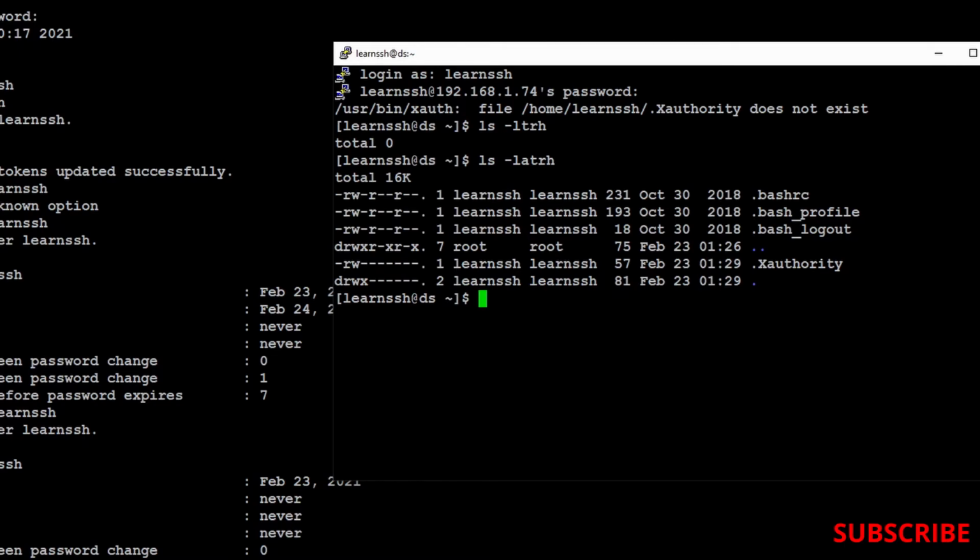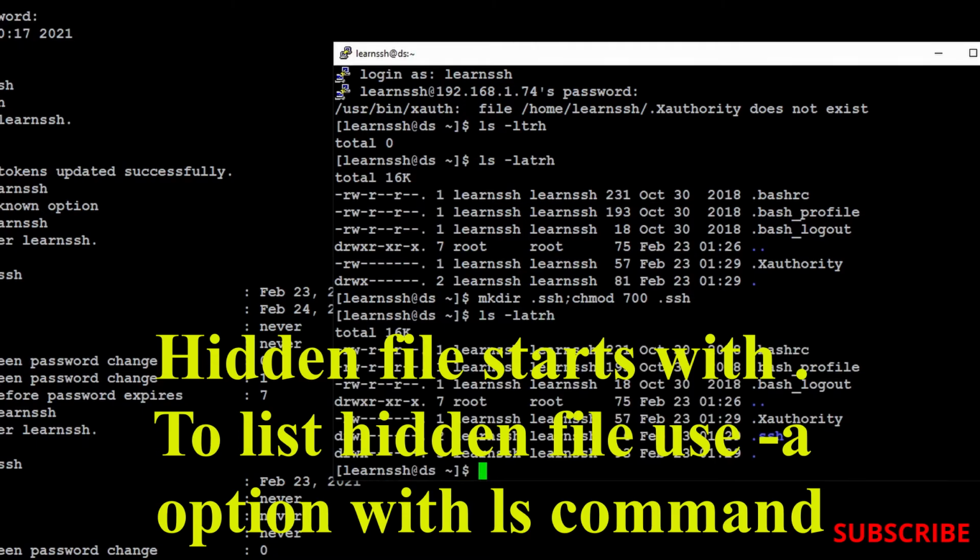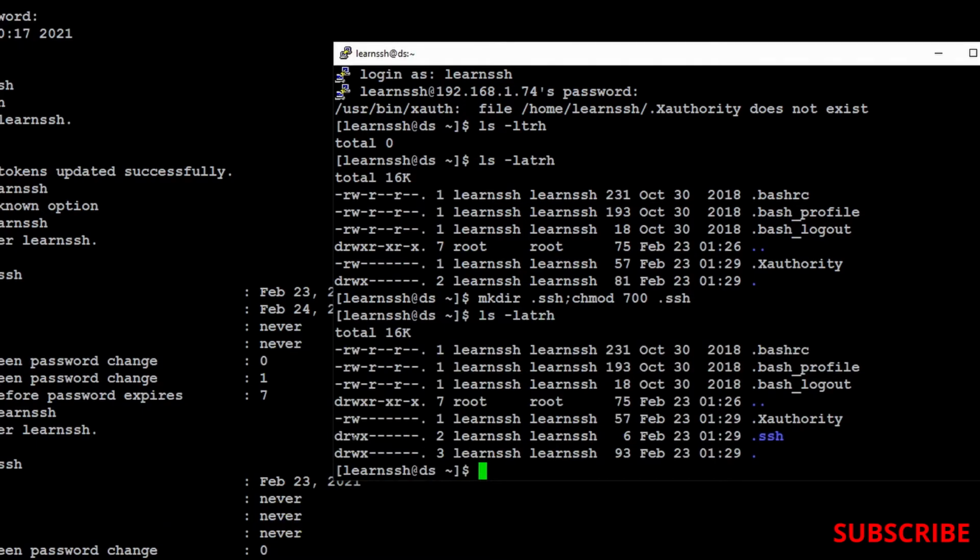So we'll create a directory, mkdir .ssh, and then change the permission on the same directory to 700 .ssh. Done. If you see, you have 700 permission over there.